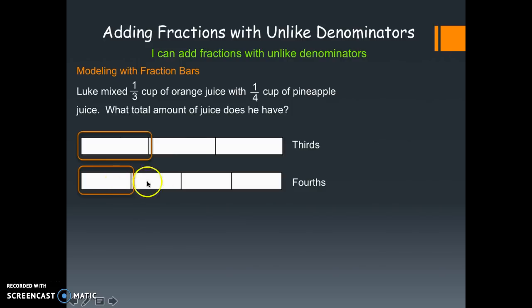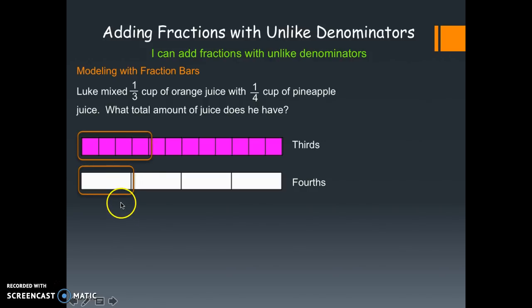So even if I could slide this one up here, it would be very unclear as to what size pieces we're talking about. That's why we need a common denominator. So 3 and 4 both go into 12. In fact, 3 times 4 is 12. So when we take our thirds, and if we want to divide this fraction bar into twelfths, we're going to have 4 in each of these. So there's 1, 2, 3, 4, 5, 6, 7, 8, 9, 10, 11, 12. So you can see that 1/3 is the same as